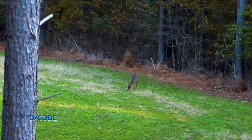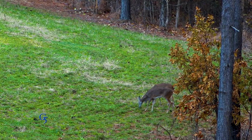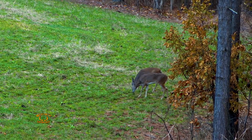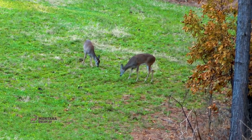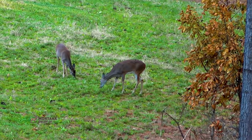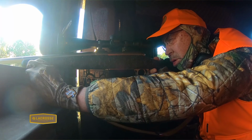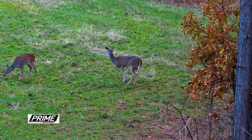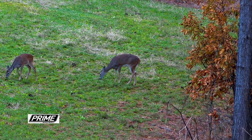Oh, Matthew. That looks like a big doe. Huh? Two of them. Two does. Yeah. I don't know if they're gonna wait much. One's a button buck. Yeah, the one closer, the back one. I'm making sure it ain't either. I gotta turn its head. It's a doe, it's a doe. Here we go. You focus good. Easy on